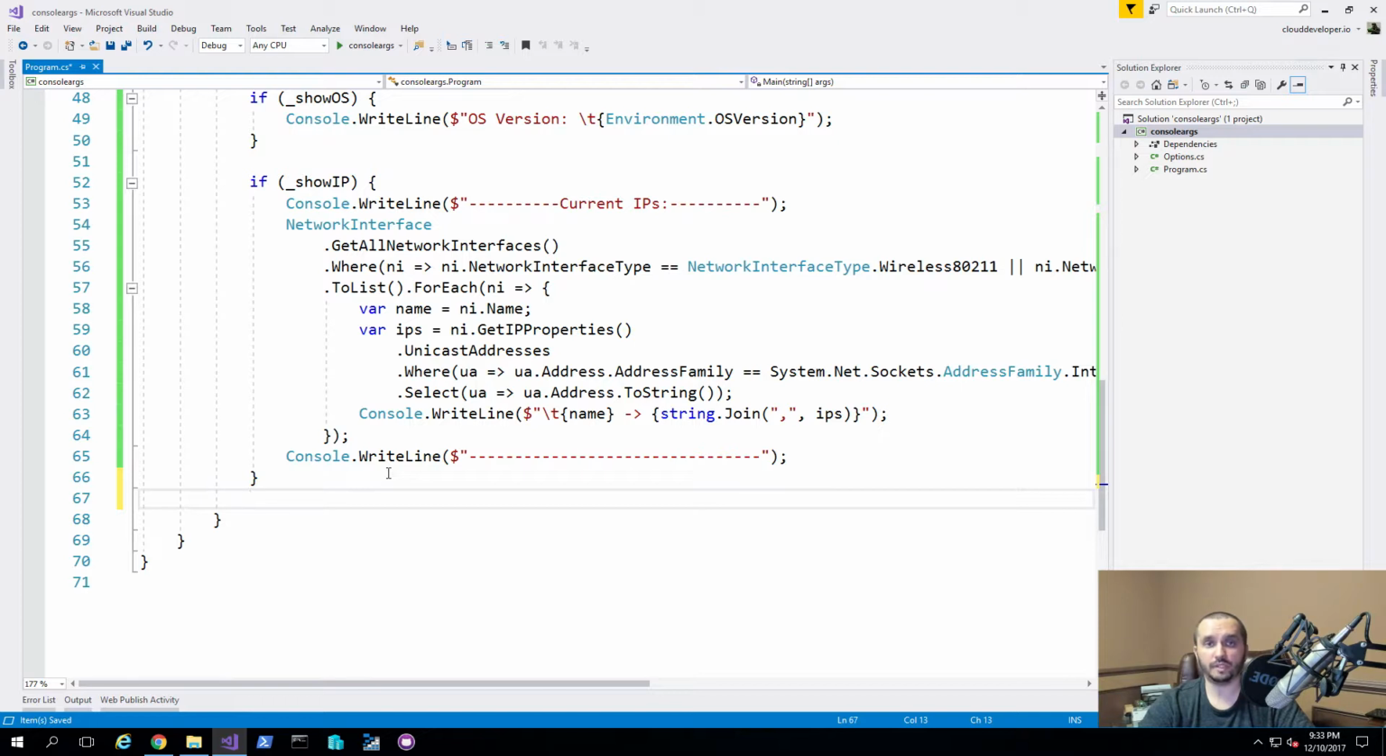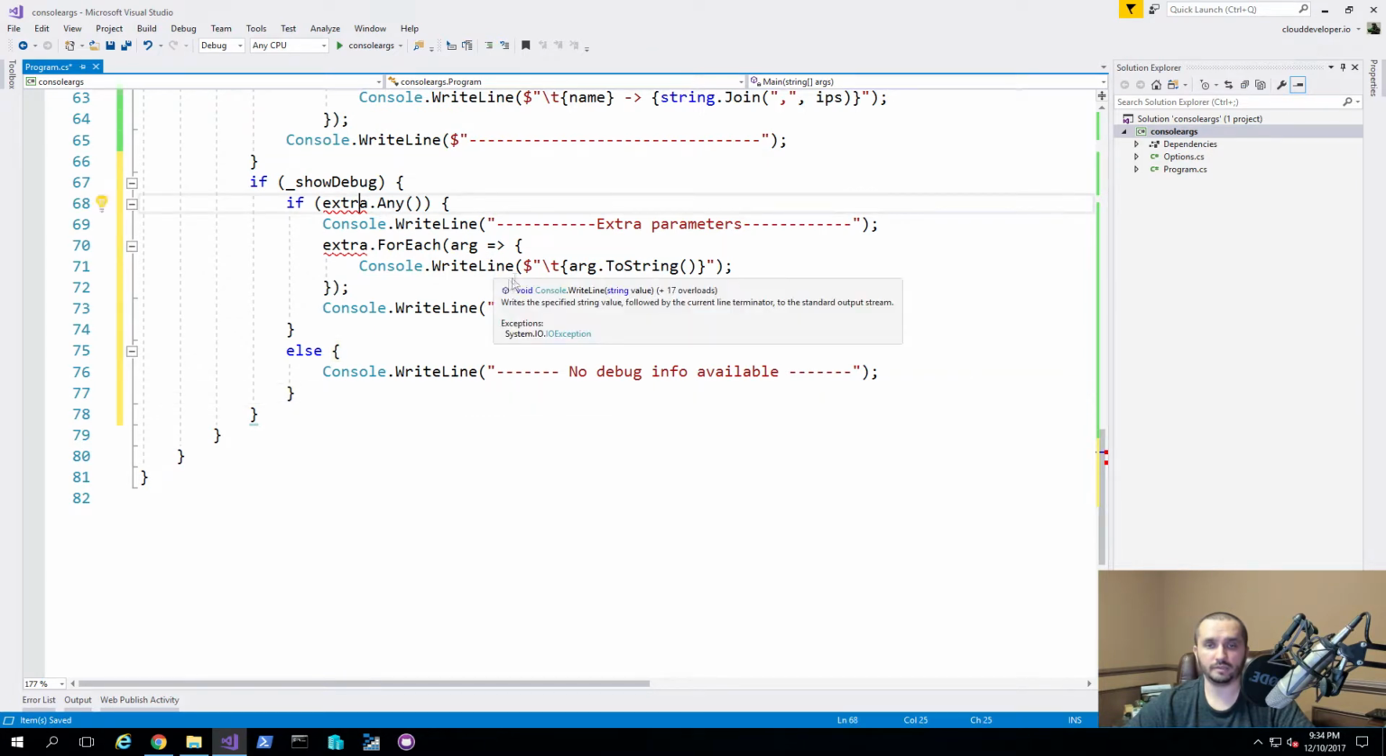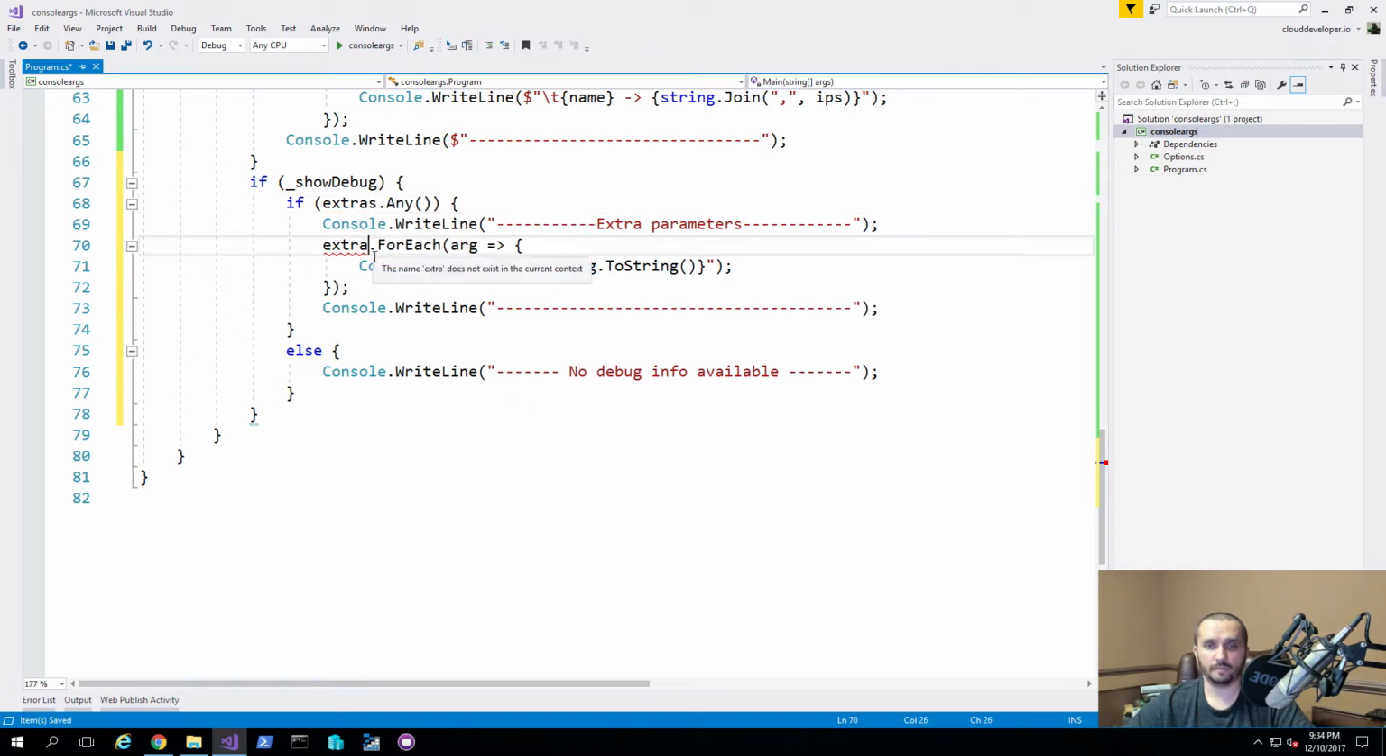Now the last portion is for us to actually display any debug information. So if show debug, and again I'll just copy and paste this and explain real quick. What this is doing basically is checking to see if we have any extras. And this is done so that we don't have a null reference exception in case there's no extras. And again, we're going to create a categorization or a special section,